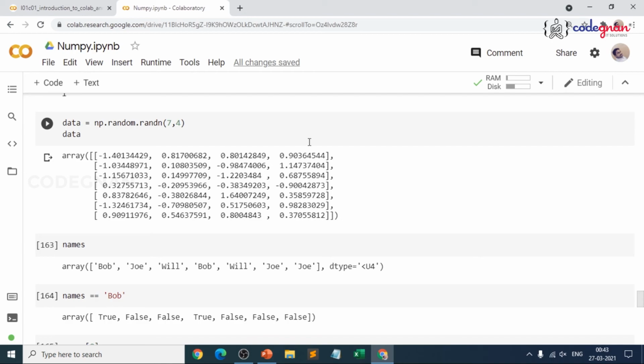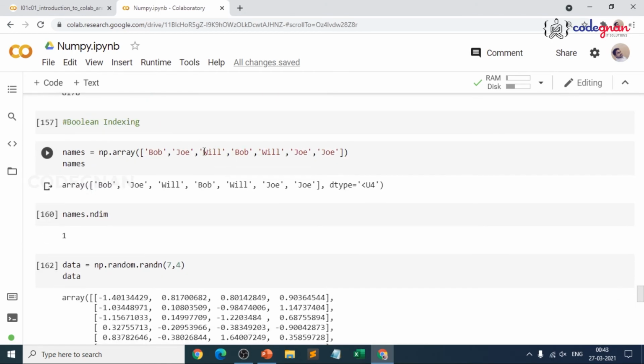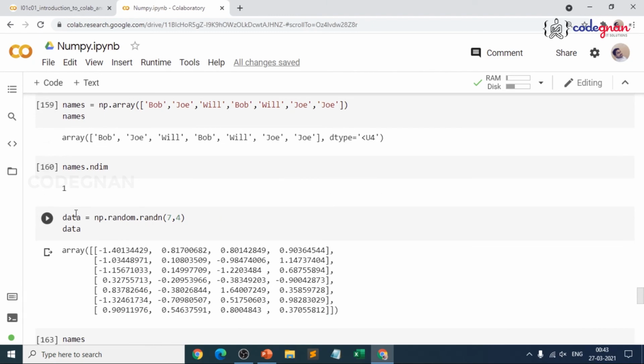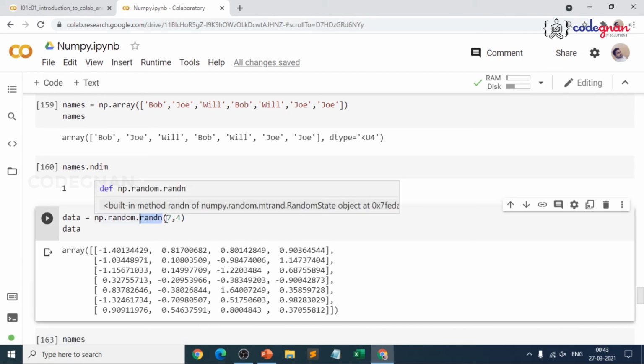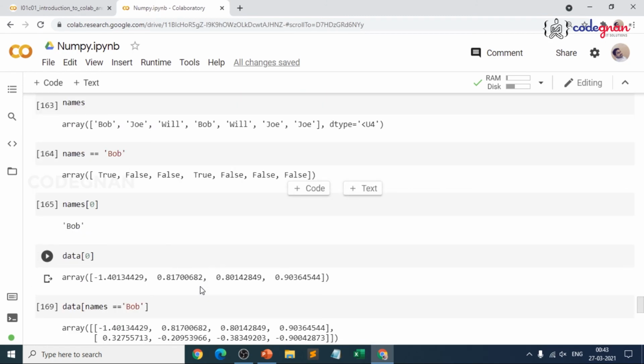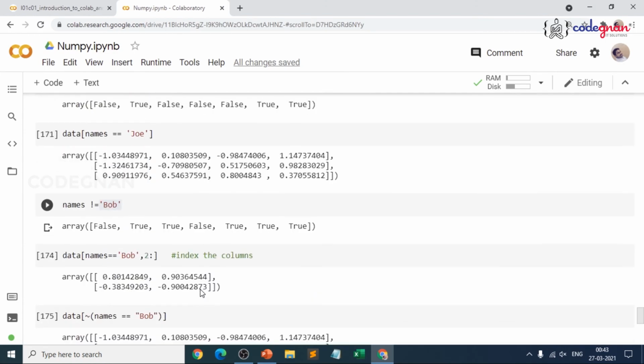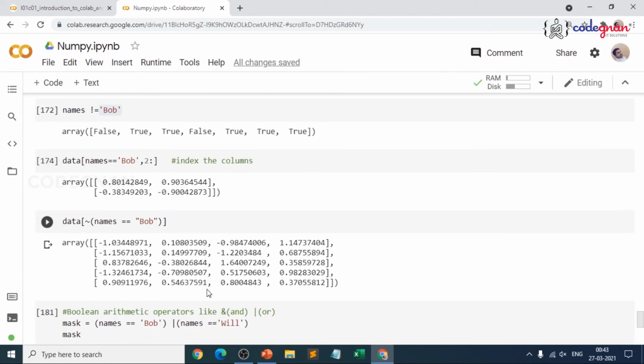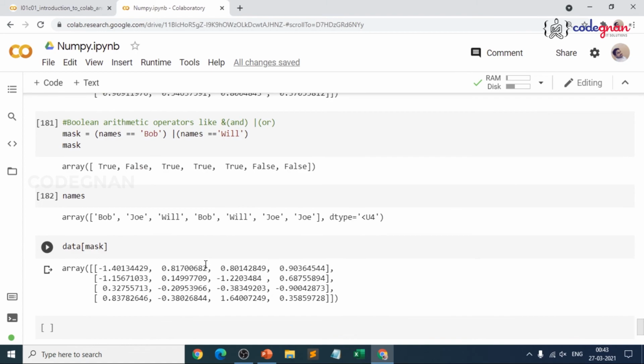We referred to what happens if we have an array with duplicate names, and how we refer to that by generating random data using the random function. So random will generate both positive and negative values. So try working on rand, you will understand, and how you refer to it, and how you go for accessing the same names along with the usage of Boolean arithmetic operators.